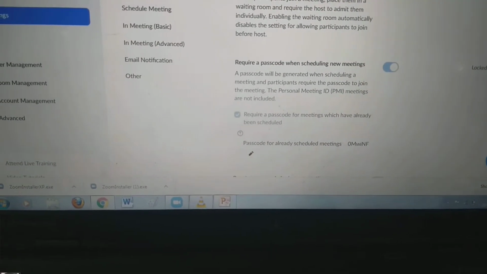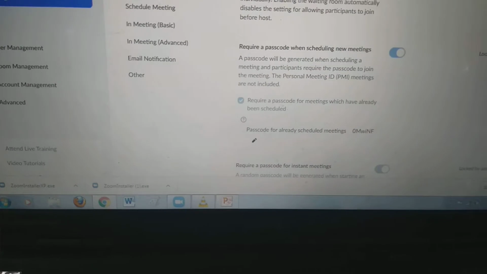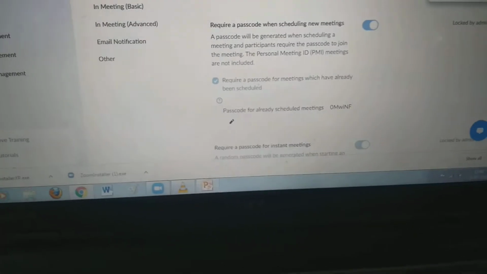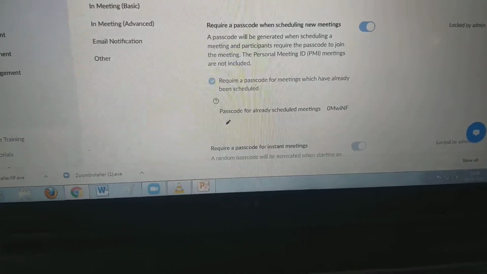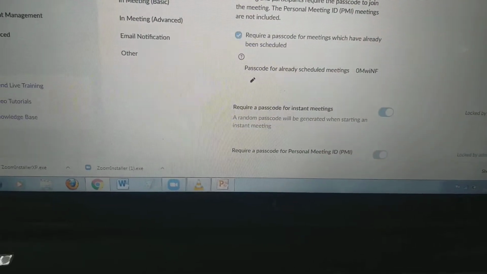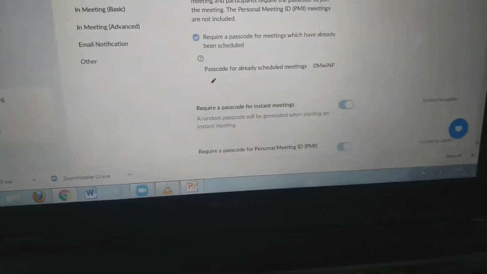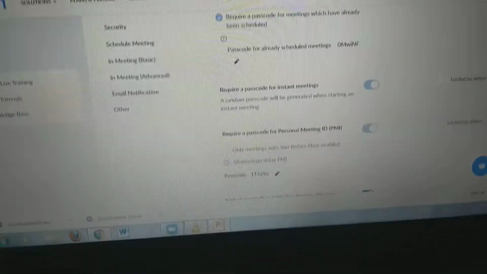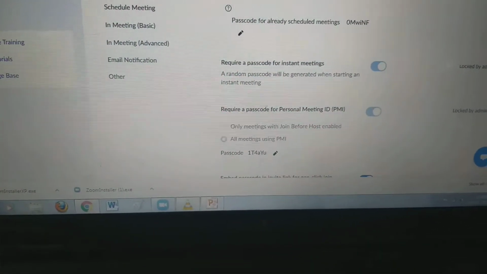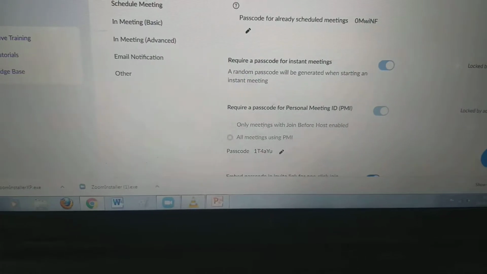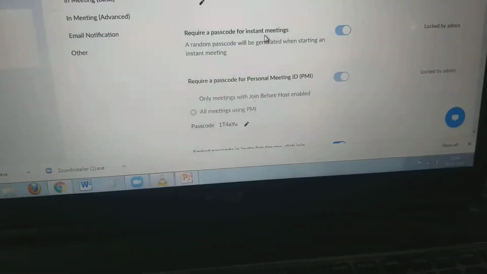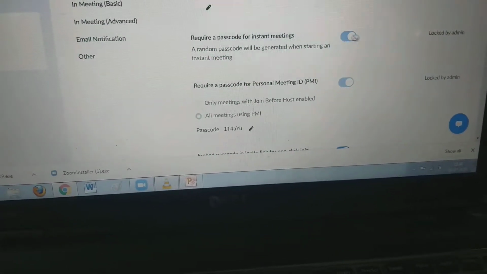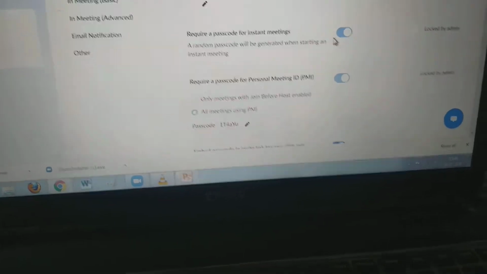Next is require a password when scheduling a meeting. Yes, it should always be on. It is on by default actually. Moving down, require password for instant meeting. This was the instant meeting which I scheduled, so it should also be turned on.